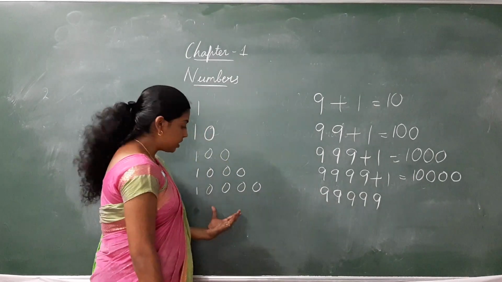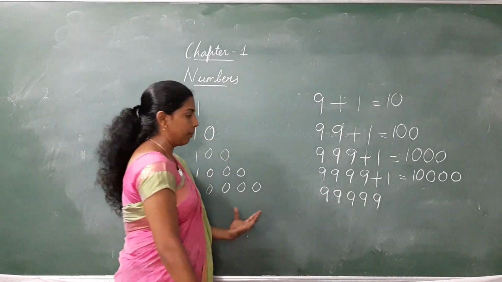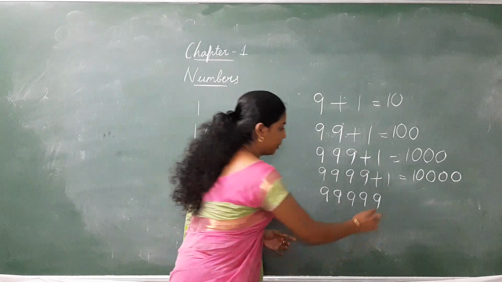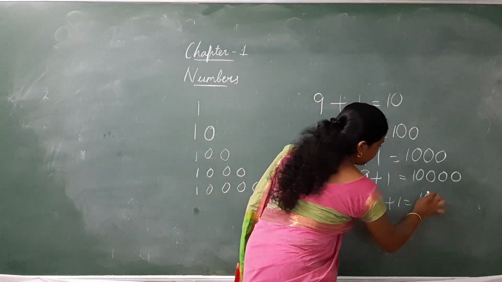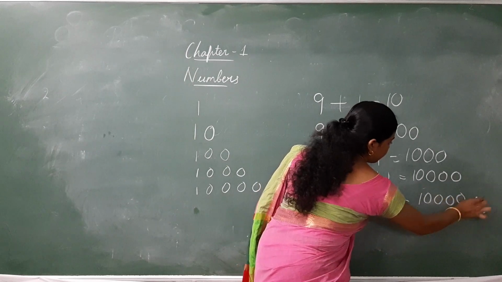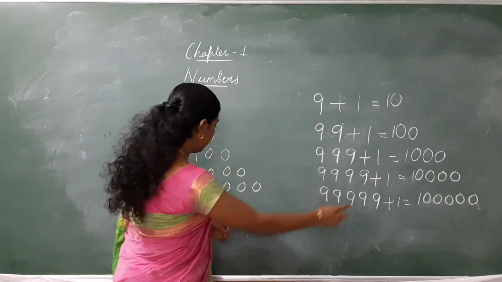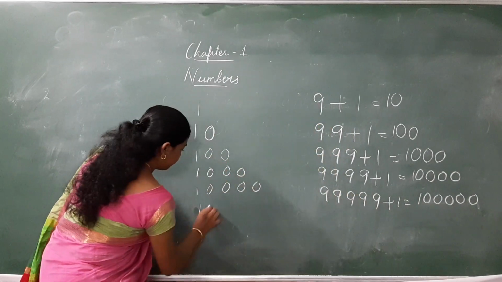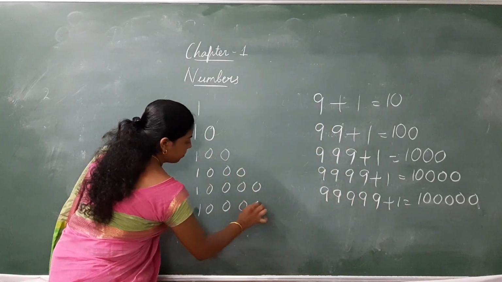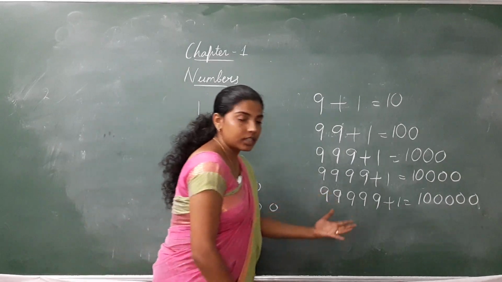Then, next is the smallest six-digit number. For that, we are adding 1 to this number. So that is the smallest six-digit number. Now, the largest six-digit number is